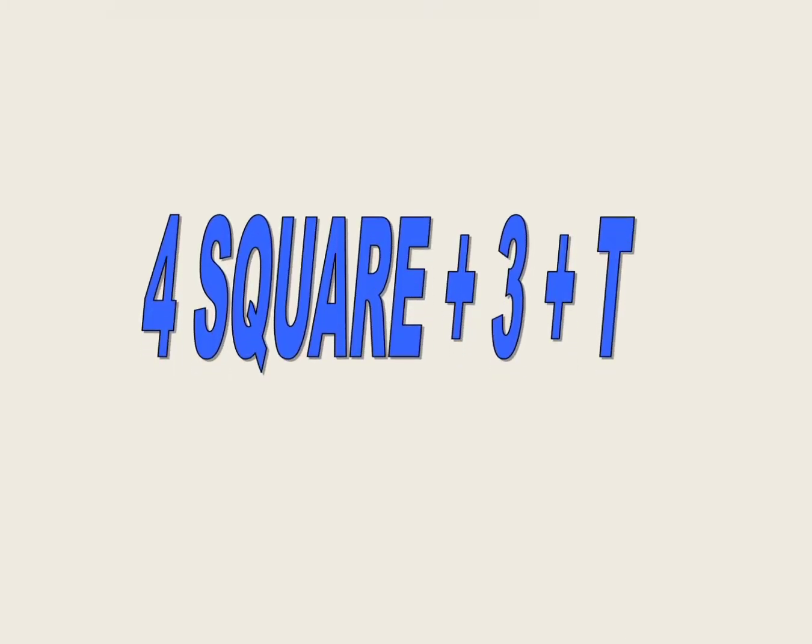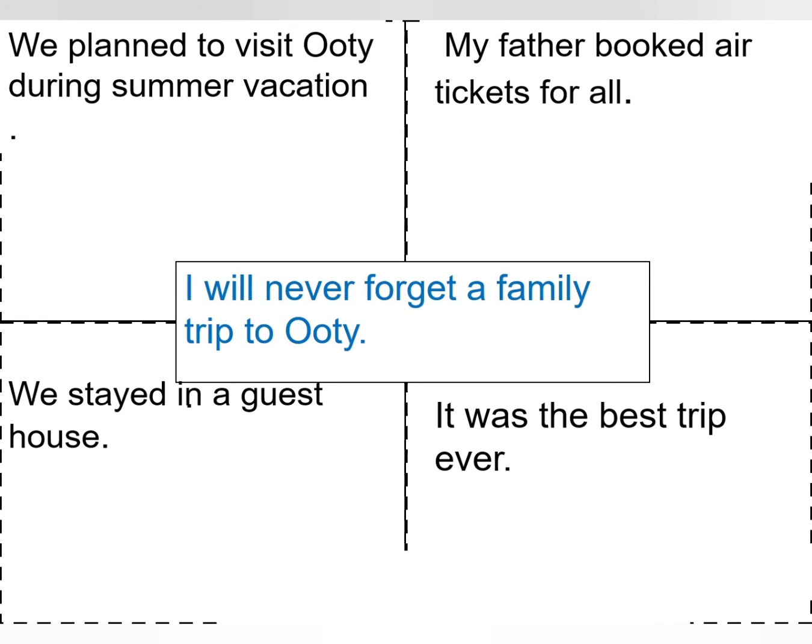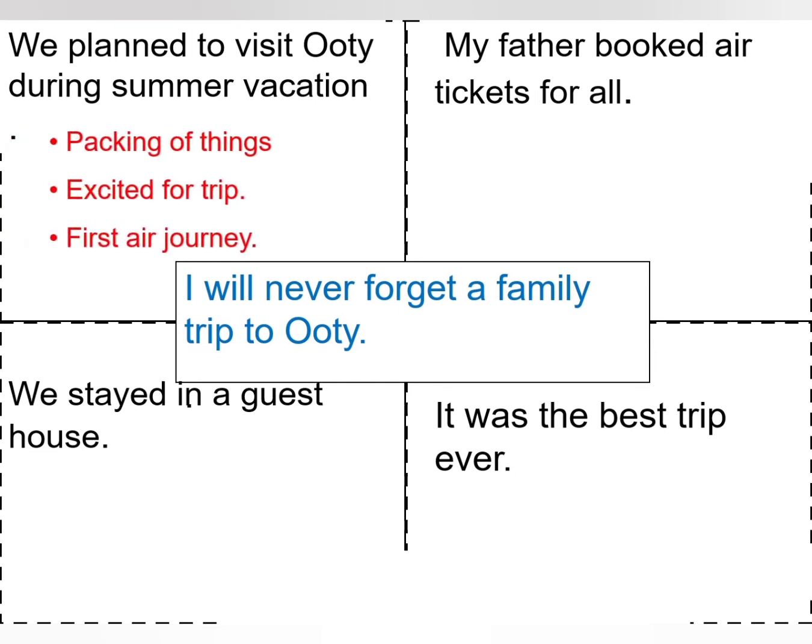If this activity is being used for senior secondary students, then you can use a letter T. T means transition word. Transition words will help you to elaborate the content and to continue with your content. It will give you fluency.